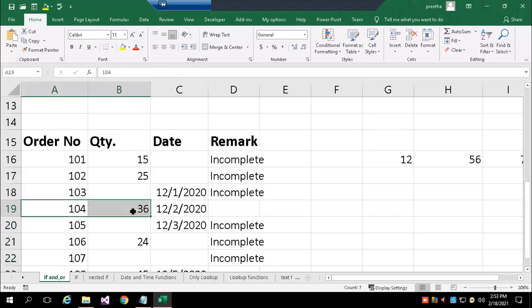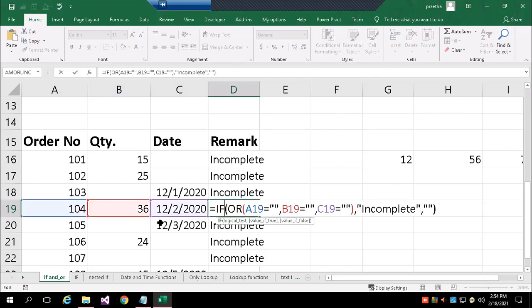When all three data are present, I will write empty. So you can see in this, what is the formula? If or A19 is empty or B, any one of the cells I'm checking is empty. If not, then what do you want to write? If not empty, then double quotes.